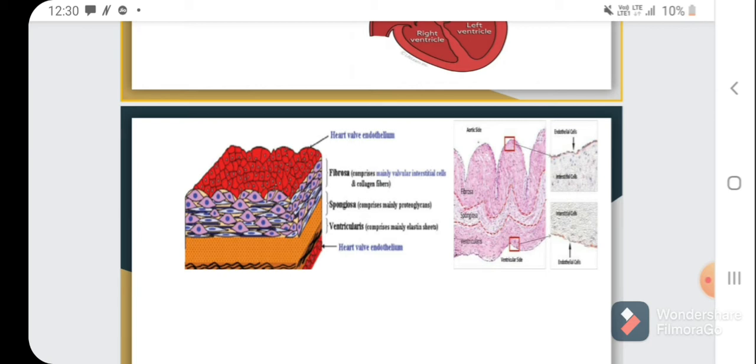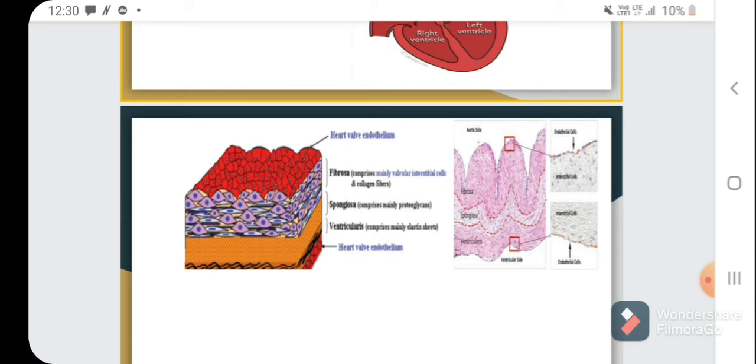The ventricularis layer, which is the third layer, is mostly composed of elastin. So, as we all know, elastin is a protein which has the ability to stretch out with stress but return to its original shape once the stress is removed. So, when the backflow ceases or the pressure from the backflow eases, this elastin recoils, causing the leaflets to fold up and open the seal so that blood may flow into the ventricles. I hope you are clear that collagen fibers in the fibrous layer help in forming a complete seal. Then the elastin in the ventricularis layer helps in recoiling and causing the leaflets to open up.